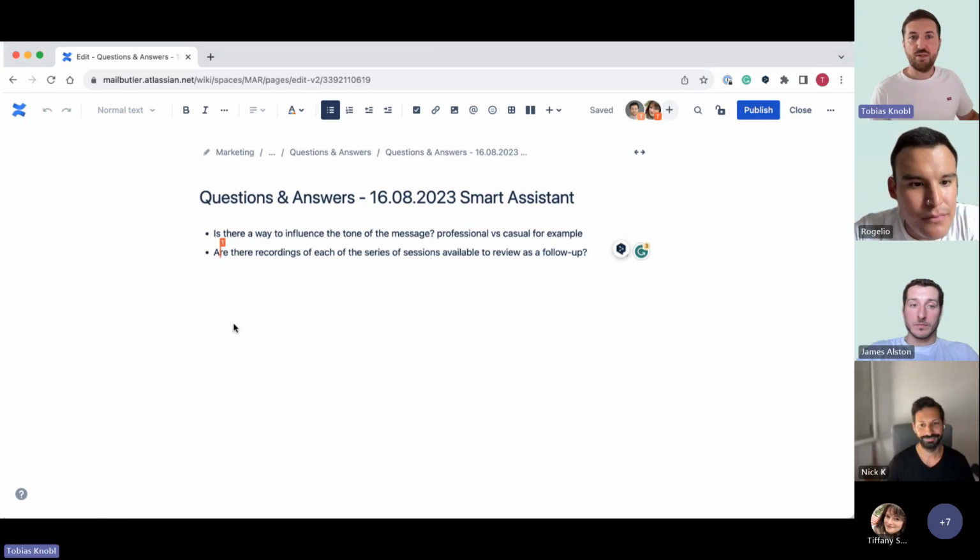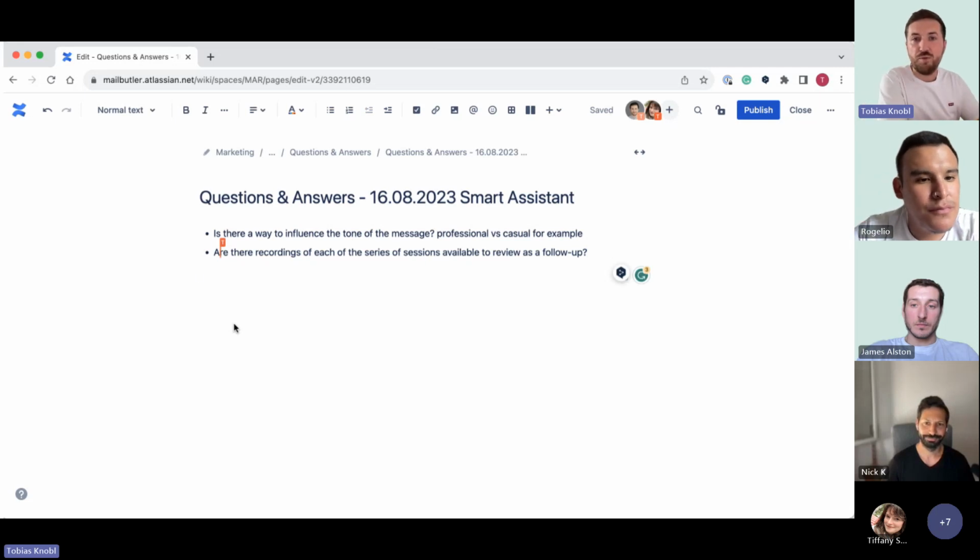Let's have a look. The first one is: is there a way to influence the tone of the message, professional versus casual, for example? For the quick reply or smart reply feature, you saw it in the demo, you can say reply positively or negatively. For the compose feature, we are currently working on that extension at the moment, so in the future, we will definitely have it.